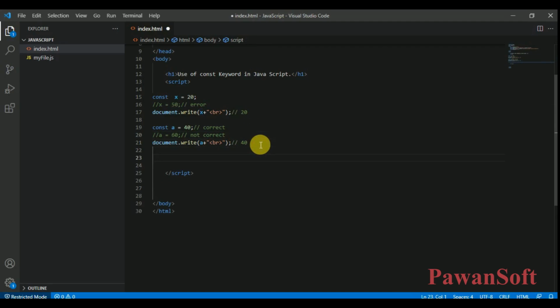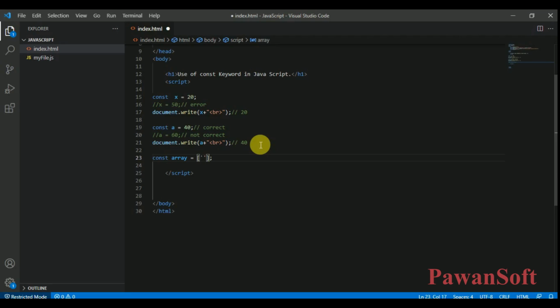Let's see the array. const name array. In JavaScript you can declare the array using the square bracket. We'll see it in detail in the array tutorial. So let's see here.